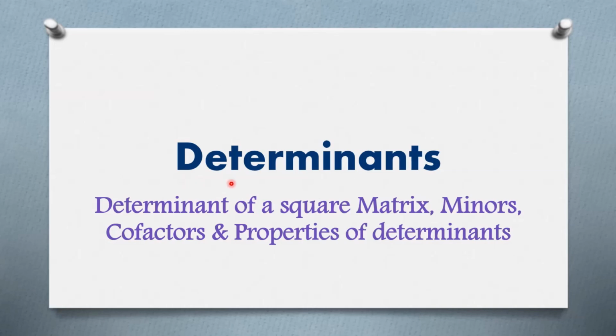Determinants. Through this video, you are going to study the determinant of a square matrix. If a square matrix of order 2 by 2 or 3 by 3 is given, then the method by which we can find the determinant of a square matrix. What is the meaning of minors and cofactors of a determinant, what are different properties of determinant, and some questions based on determinants which we are going to cover in this video.